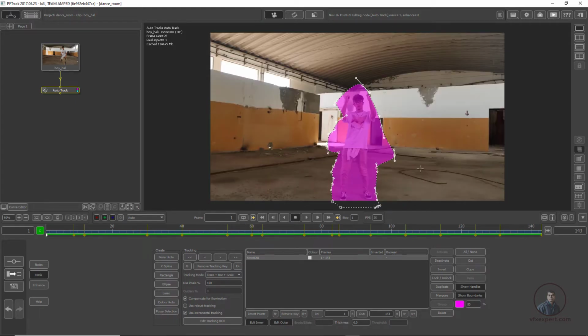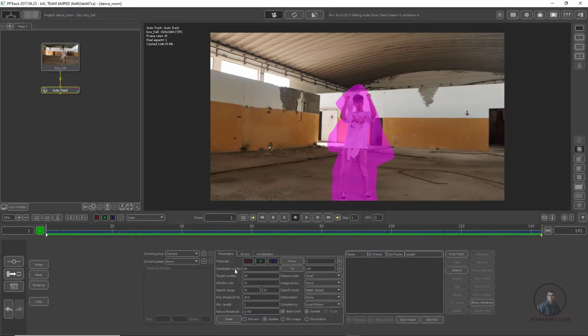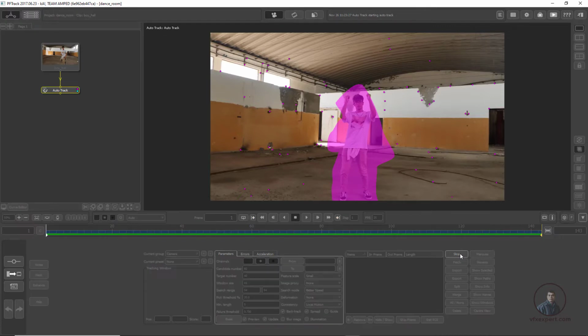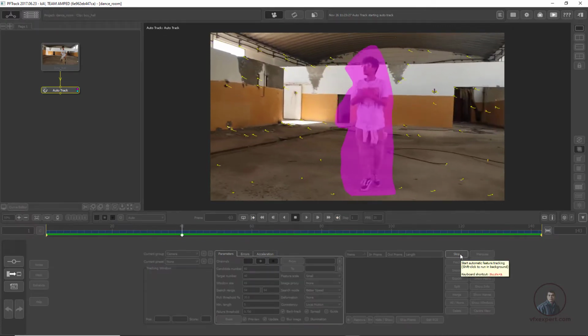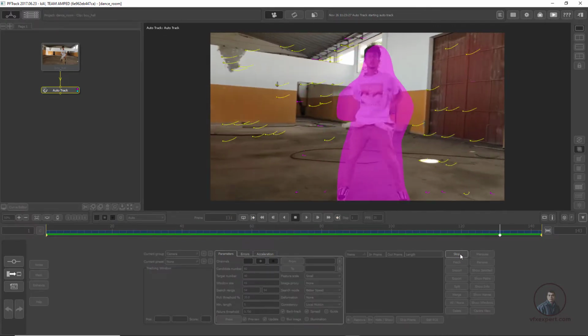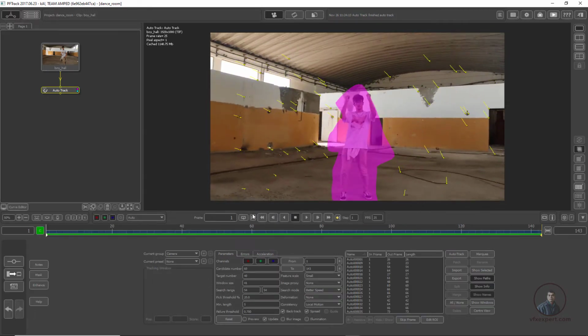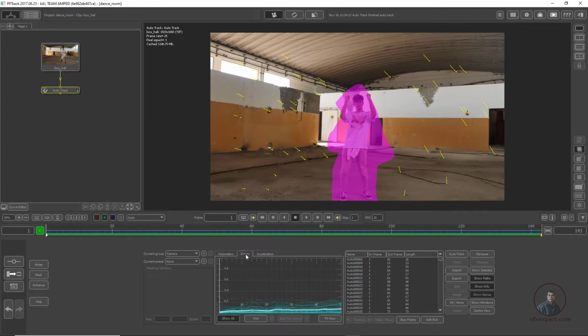Now after this I am going to track this shot here, then again click on mask here. Now in your tracking parameters here, simply click on preview so you can check these points here. Then finally click on auto track here. So I have tracked our shot here. So before solving our camera, if you want to delete your low accuracy points, then simply click on error here, then click on trim here. So just delete some points like this.